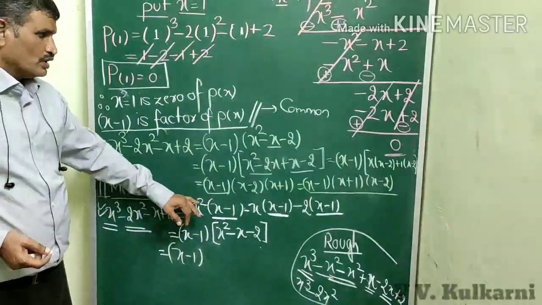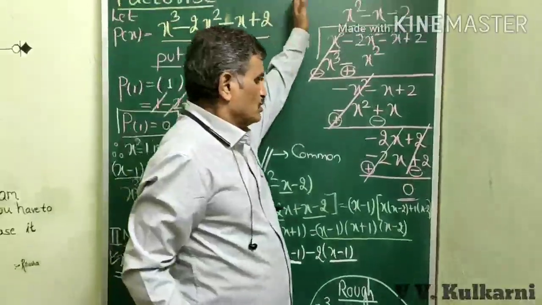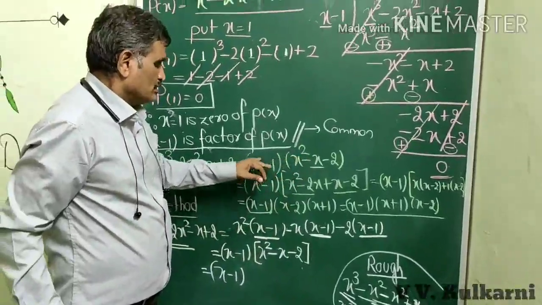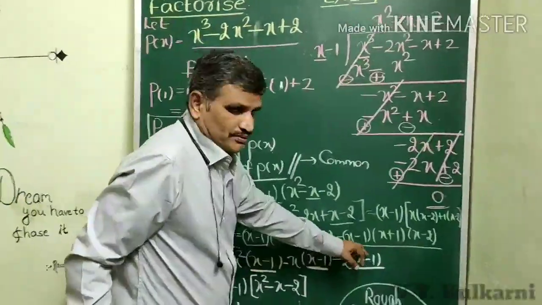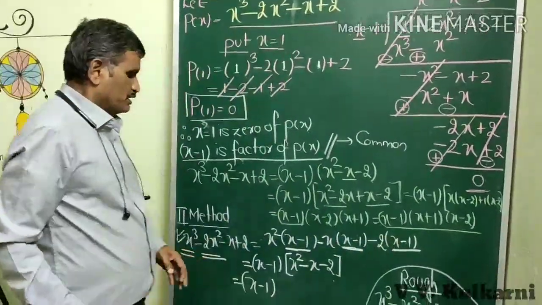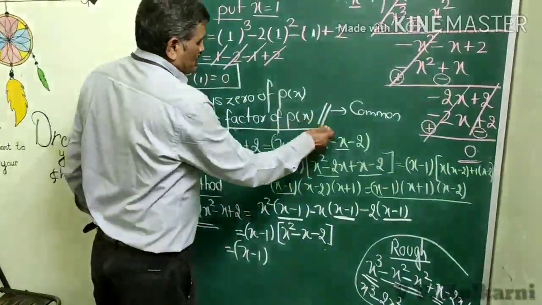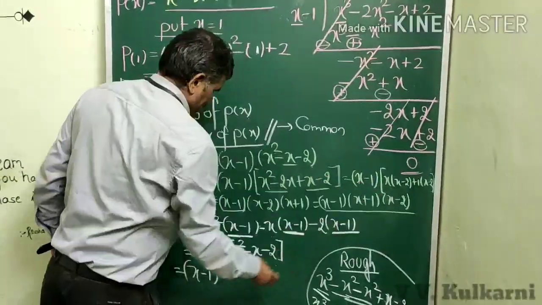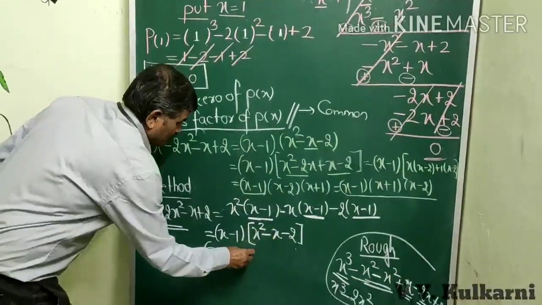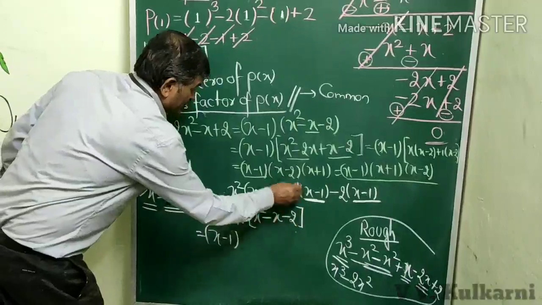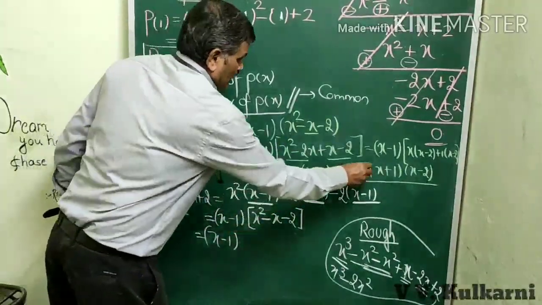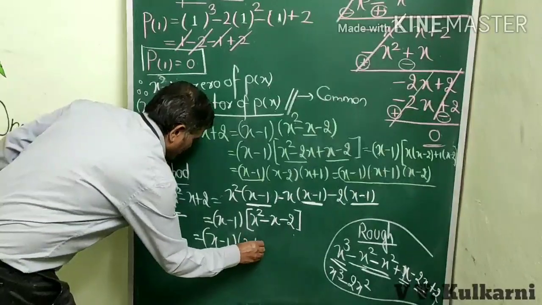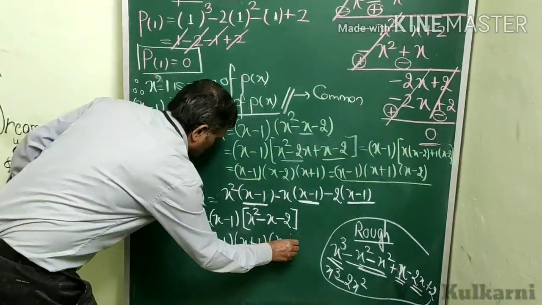So I hope you understood what I did. Instead of going for such a long division, I have got the answer, I have got this step in one step only. So this is called the shortcut method. And x squared minus x minus 2, you have already solved it here, so I am not going to repeat the same step. Directly I will write here x squared minus x minus 2. This has been solved as x plus 1 into x minus 2.